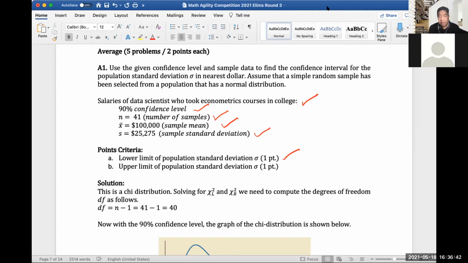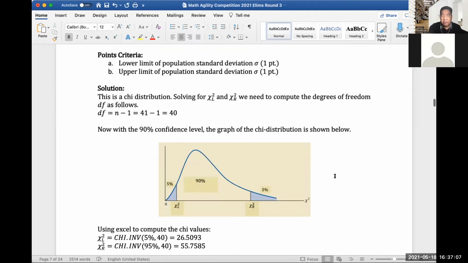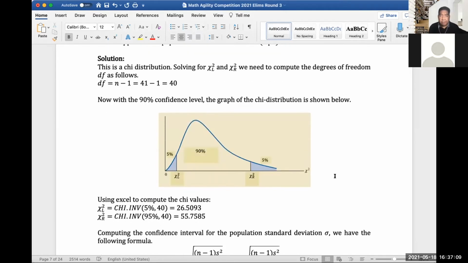And then the upper limit of the population standard deviation sigma, which is also another point. Okay, so let's start solving. So this would be the solution. Since we're getting the boundaries of the standard deviation, lower and upper limit, we're actually using the chi-squared distribution here. So first we need to solve the